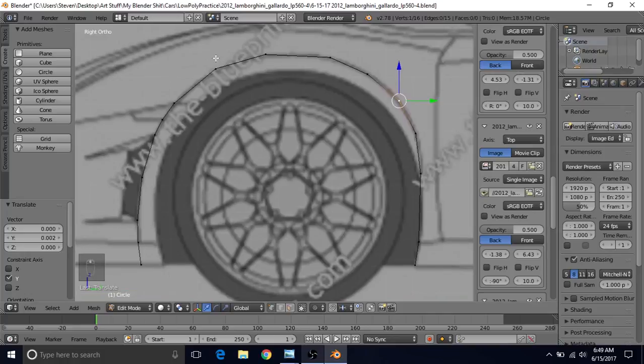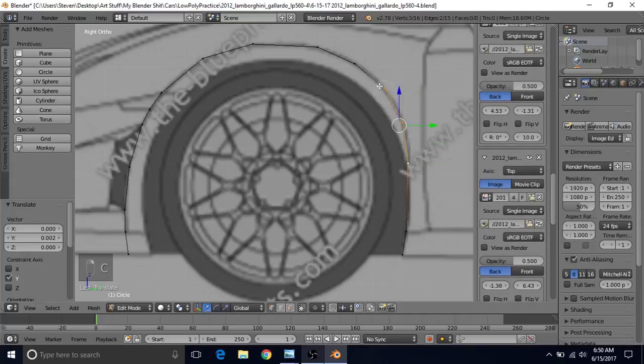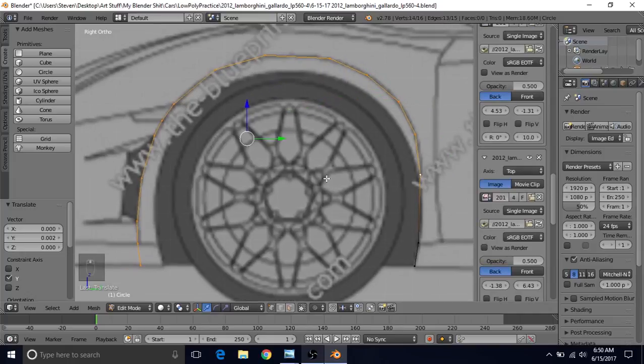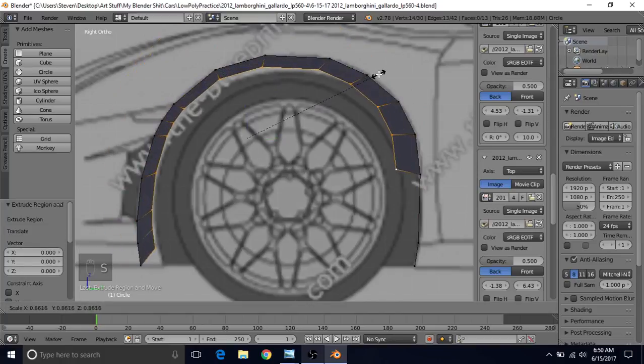So now that we have this outer ring, we want this inner one, but actually this inner one connects up with the outer one right about here, so we don't need these 2 points. We're going to select the rest of these. I just selected one and then used C for circle select to get the rest of these. Now we're going to press E to extrude, right click to cancel the movement, S to scale,